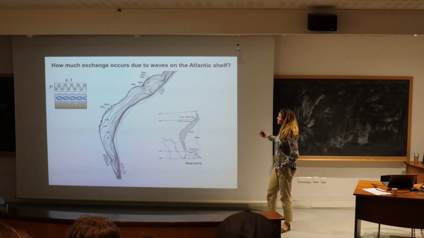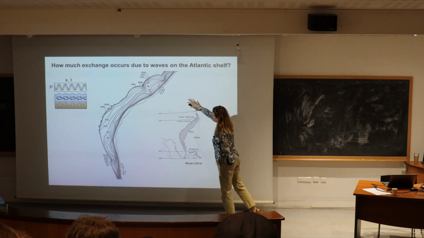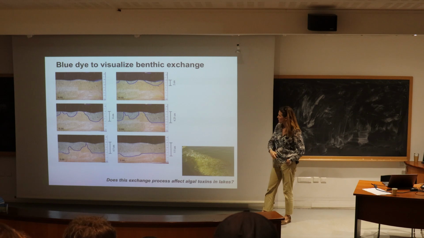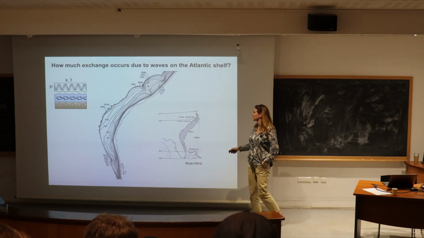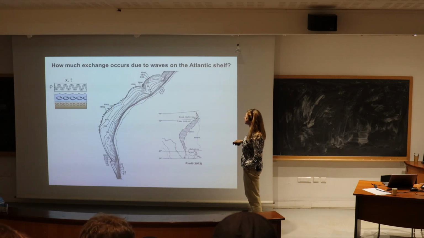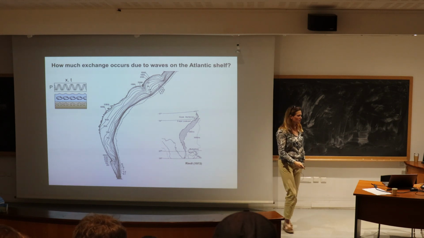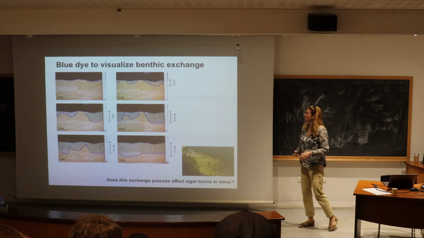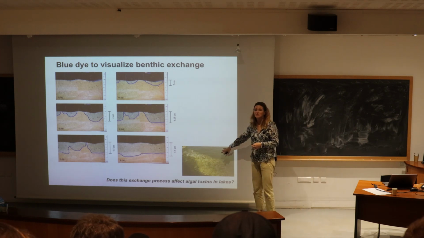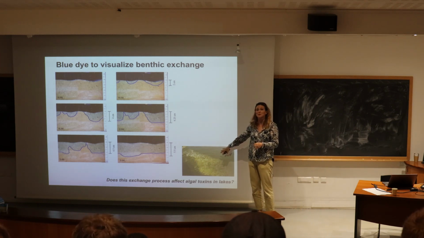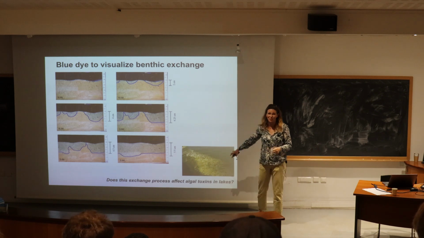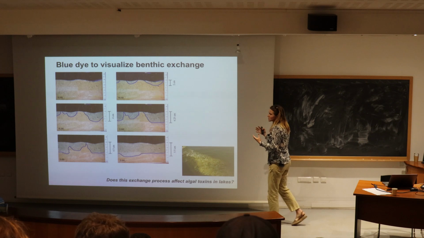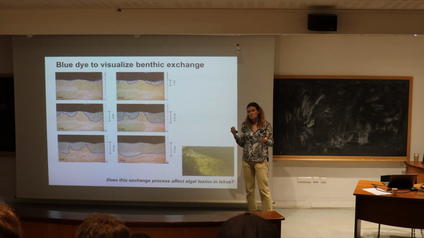And we can use this again to upscale and think about exchange rates across. So this is offshore of the southeastern US, looking at water depths and typical wave conditions and permeabilities to try to understand fluxes across the seabed. Why does it matter? Our group has worked on this problem for thinking about algal toxins, because in Lake Erie we have waves, we have permeable sediments, and we have terrible harmful algal blooms. And so when the algae blooms, sometimes they produce toxins, sometimes they don't.